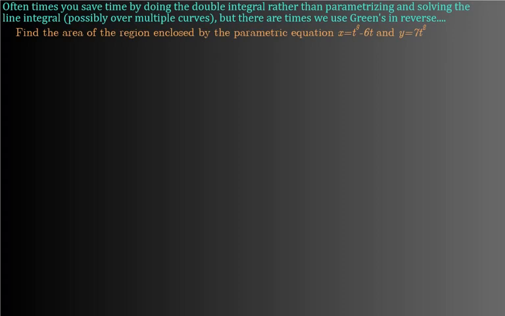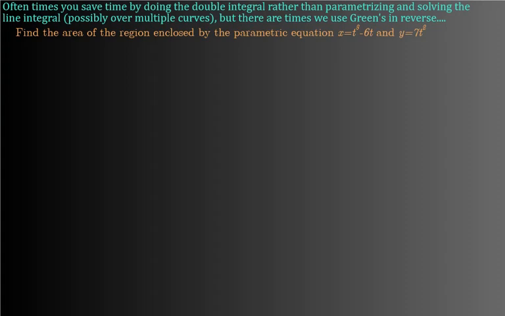A lot of times students get used to, and this is fair, because to do a line integral around like a triangle or something, we've seen a lot of triangles, you would have to do 3 different line integrals, right? But you can speed that up if you just do the double integral once over the whole region that it encloses, right? But there's actually an interesting way to use Green's theorem kind of in a reverse direction, and that's